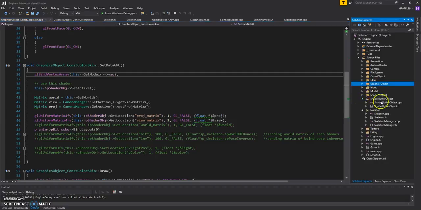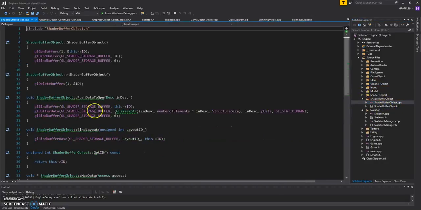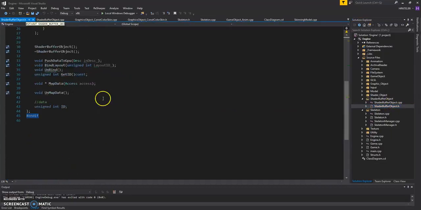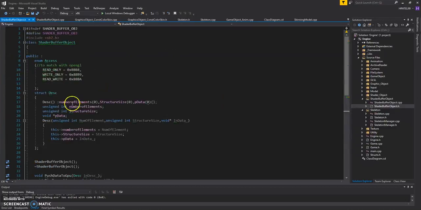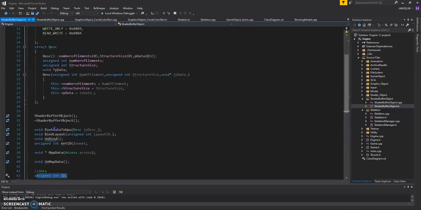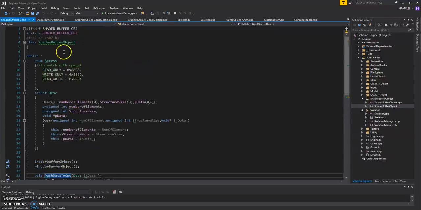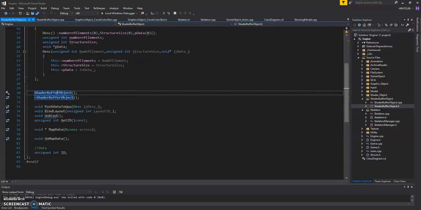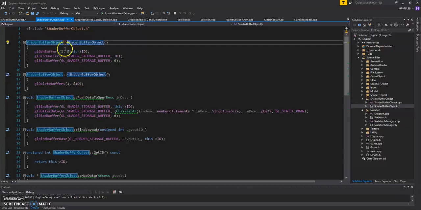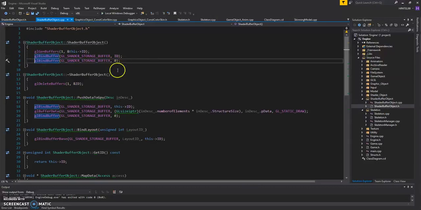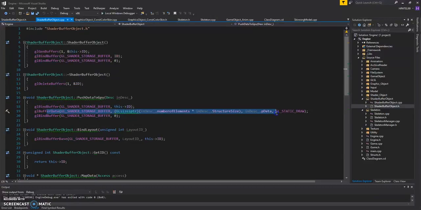So I have a shader buffer object now, and it holds nothing but the ID. In the constructor of the shader buffer object, I generate the buffer, bind it, and then bind it with 0, which is like unbinding it again. And then in the destructor we are just deleting the buffer. For push data to GPU, you bind the buffer first, you do the buffer data, and then